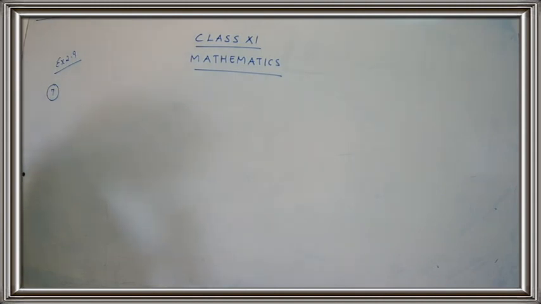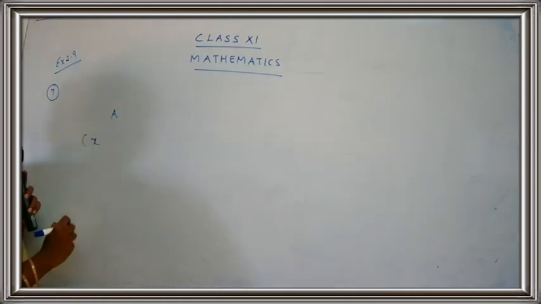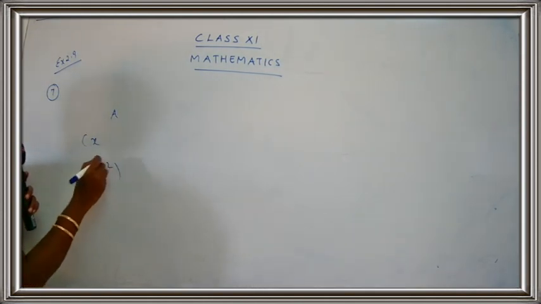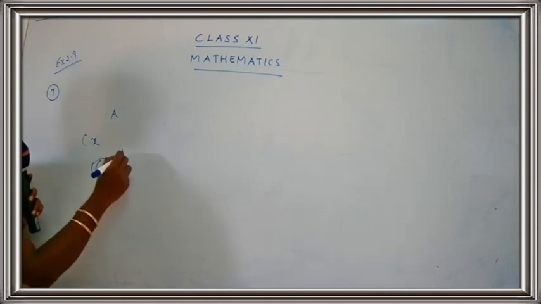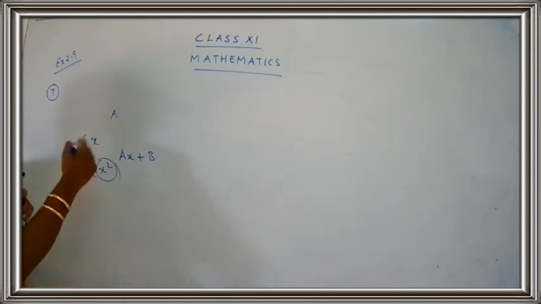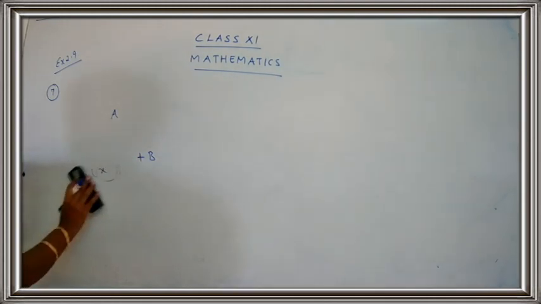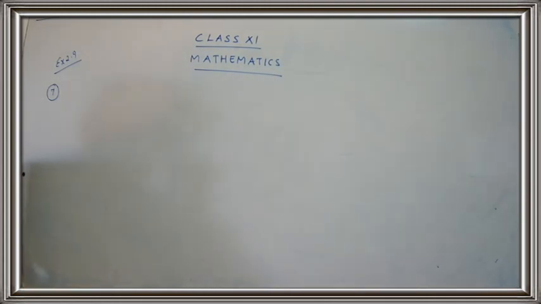Okay children, so we have completed around 6 questions. There we have dealt with 2 types. One was with x, that is, you have chosen only one unknown variable, and one type was with the power like x square. That means if you have a power for x, you have to take the value as ax plus b and so on. So we have already dealt with 2 types of partial fractions. Now let us go for the next step of partial fractions. Here we are going to divide and we are going to get the answer. Let's see how to proceed for this type.